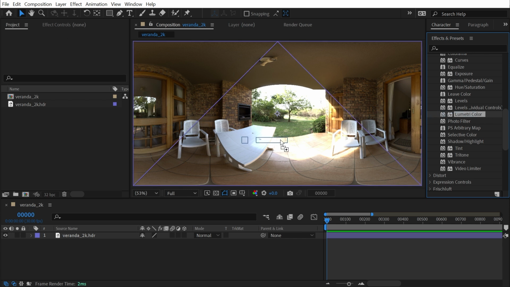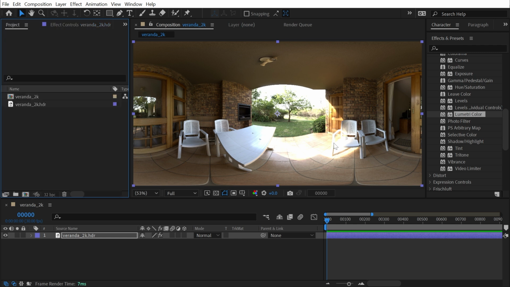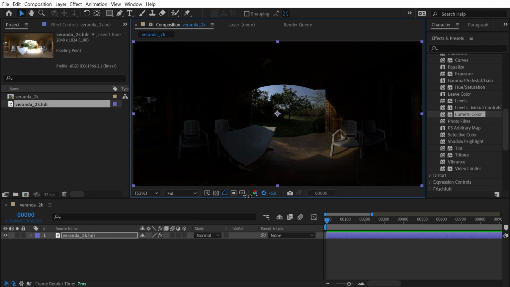So I'm gonna click and drag this out on top of this HDR environment map that I got from HDRI Haven. And the reason I'm using this is because it has lots of color information. It's an HDR file. It has 32 bits of color information, so I'm working at 32 bits per channel. And what that means is that there's just a lot more information that can be displayed on my screen at one time. So if I grab my comp exposure right here and click and drag it down, you can see